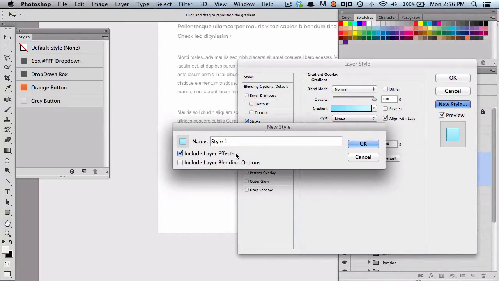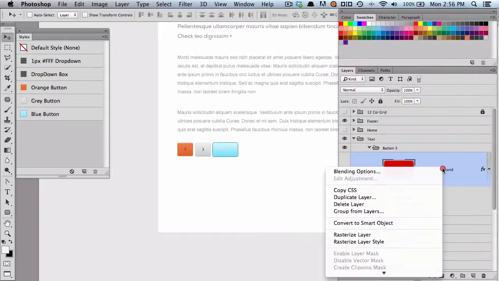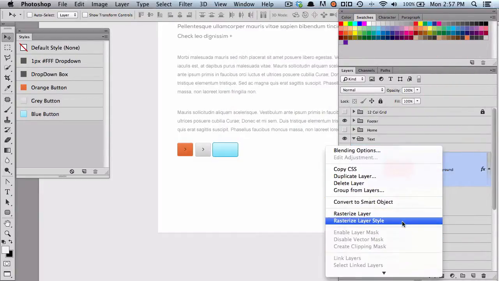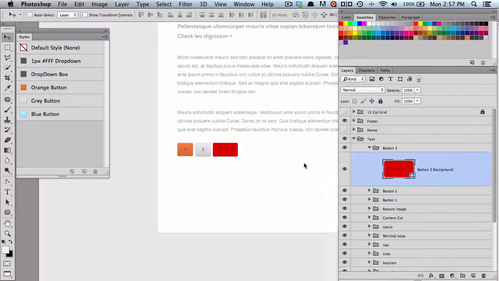You can include the layer effects, which are things like blending, opacity, and again layer blending options, such as blend mode and things like that. I'm going to call this one blue button, and you can see it's instantly saved to our palette on the left hand side here in our styles palette. Hit OK. Now if I clear all the layer style properties from this layer, we're back to the original red